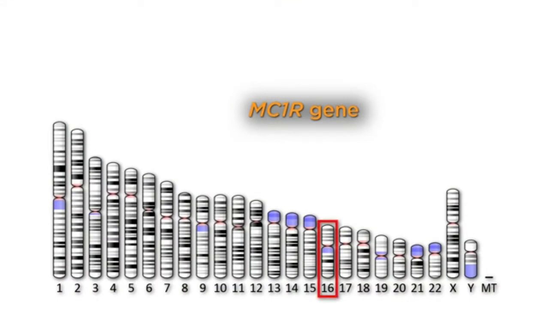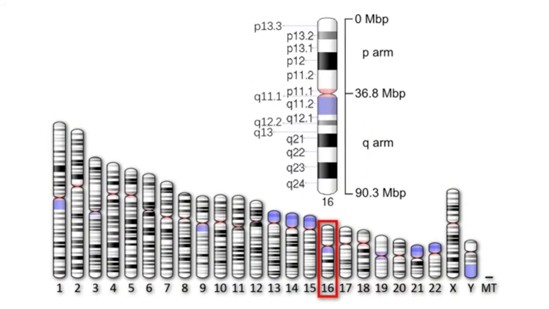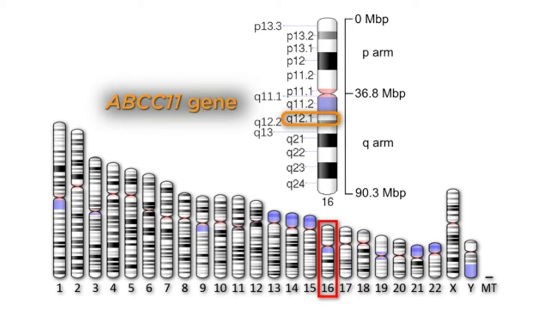For example, whether someone has freckles or not is controlled by the MC1R gene, which is always at the same location on the long arm of chromosome 16. Likewise, whether you have sticky or dry earwax is determined by the ABCC11 gene, which is found at another spot